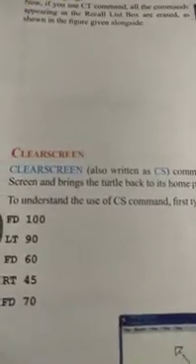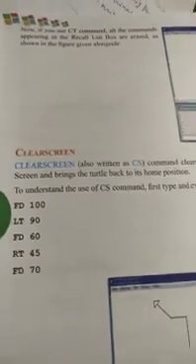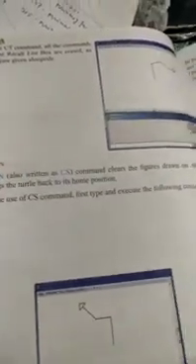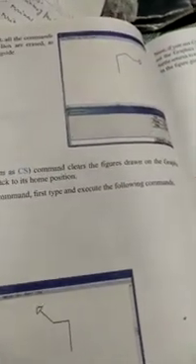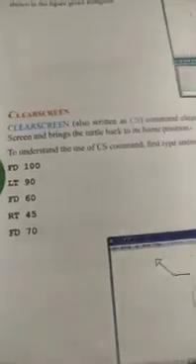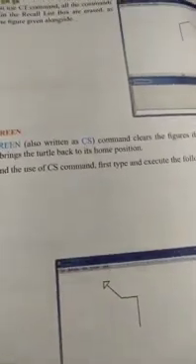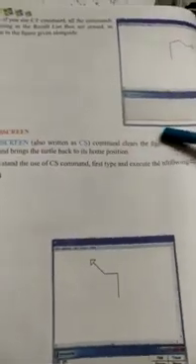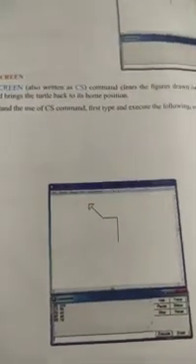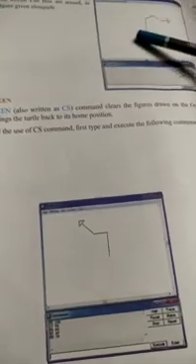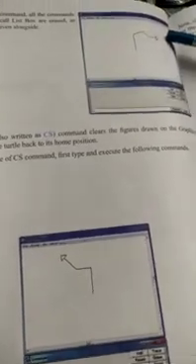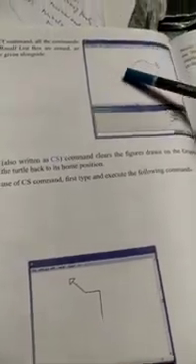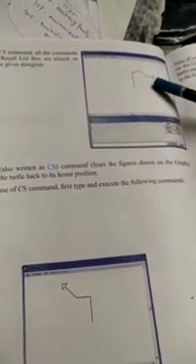Clear screen. Clear screen command cleans the figures drawn on the graphics screen and brings the turtle back to its home position. When you type CS in the input box, we will find our graphics screen totally empty after applying this command.